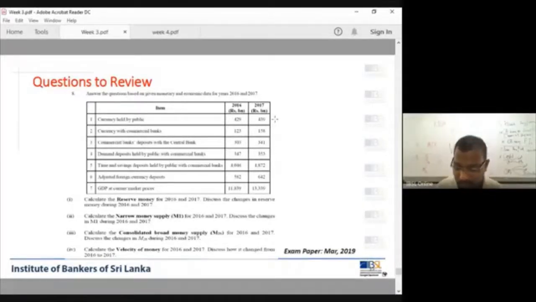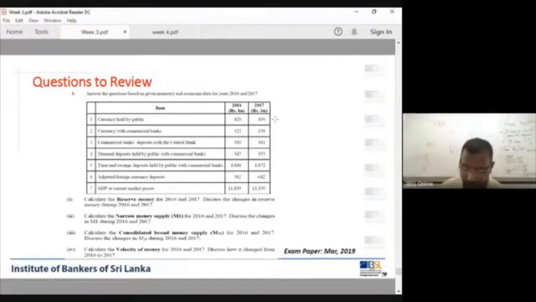10% growth. Even without calculating, you can simply compare these numbers and see the growth. You can take a guess. For example, reserve money has increased by 83 billion. So 83 billion against 855 means roughly 10%, right? In that way also you can look at it. But be careful, if the examiner asks you to calculate the growth rate exactly, you should know it. So please try in your leisure time to do the growth rate as well, right?